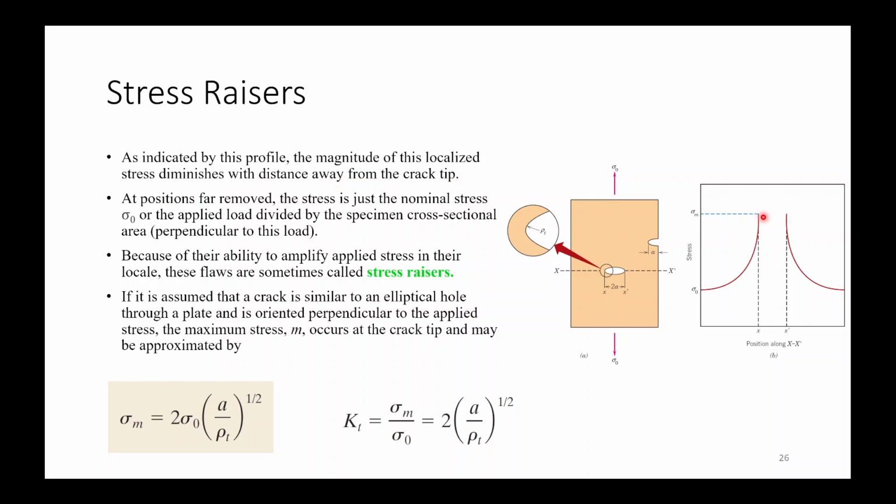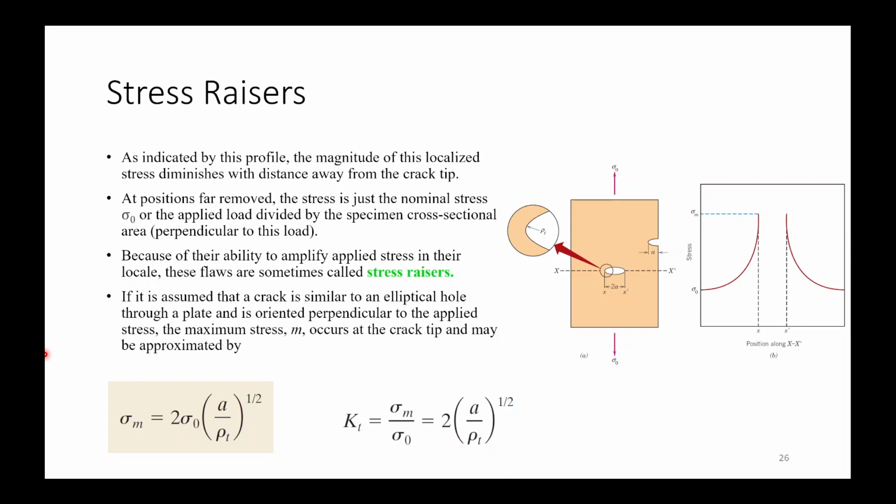Now, this is the crack that's here. Around the crack, the stress is very high. Your maximum stress is here. Now, as we are moving further from the crack, your nominal stress is sigma naught. It keeps on decreasing. Now, sigma m upon sigma naught is your stress concentration factor, and this depends on the geometry of your crack and the size of the crack. And at positions far removed, the stress is just the nominal stress sigma naught, or the applied load divided by the specimen cross-sectional area. Because of their ability to amplify applied stress in their locale,